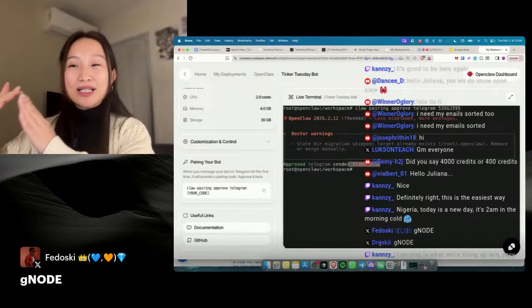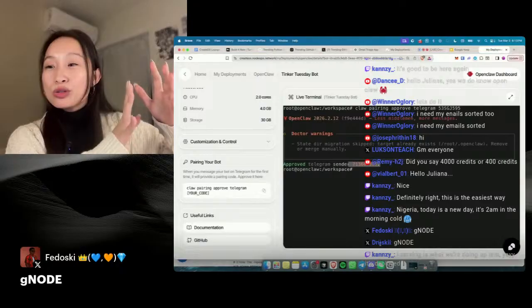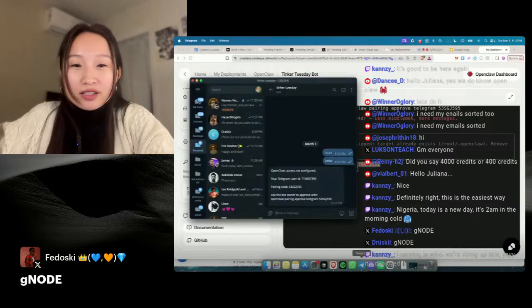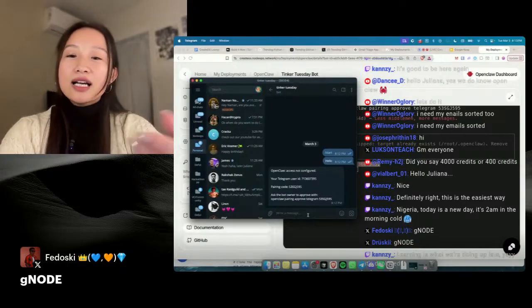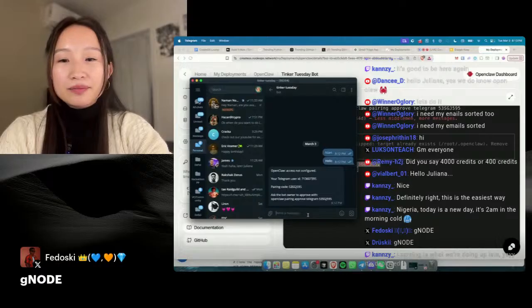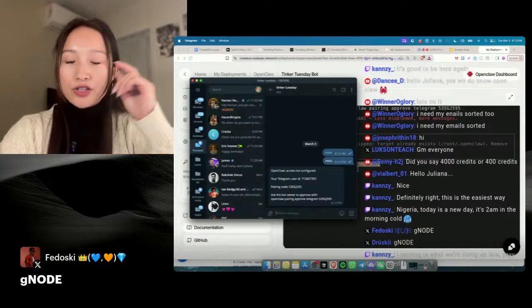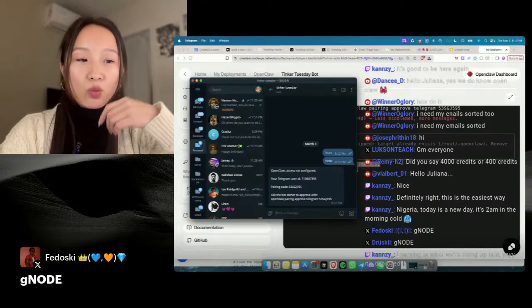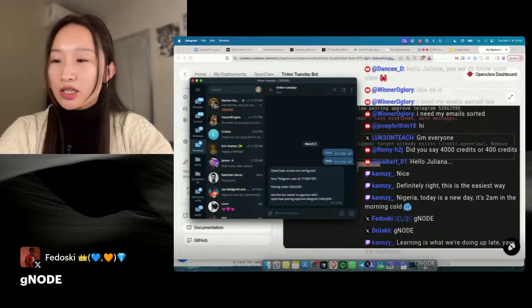Now, when I message my TG bot, I'm actually communicating to this instance and I'm using these credits. So let's go in and just start talking to it. Now I'm talking to this instance using this AI model. The first message I'm gonna send is how I would download a skill. The most popular skill people are using is called GOG. It's like a Google